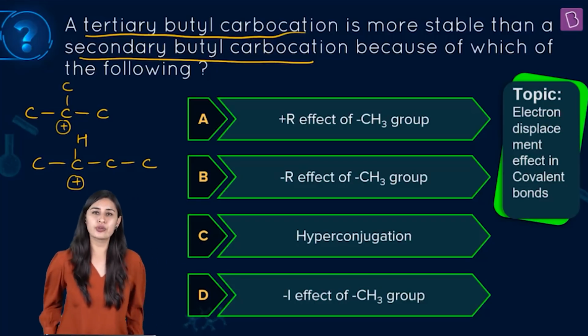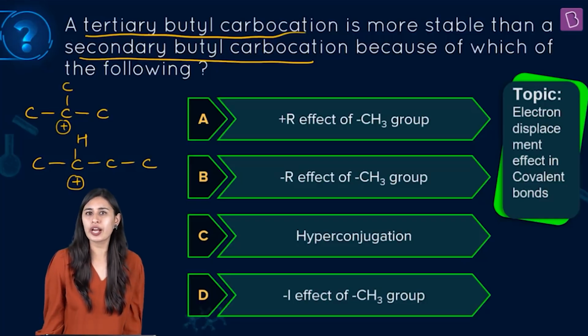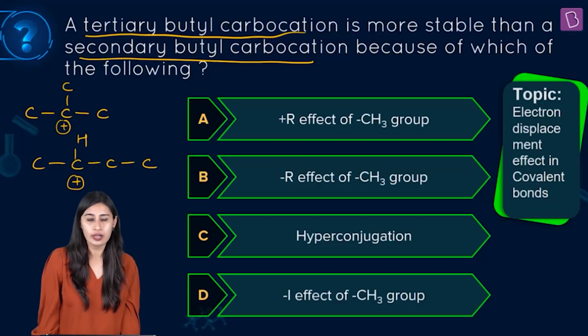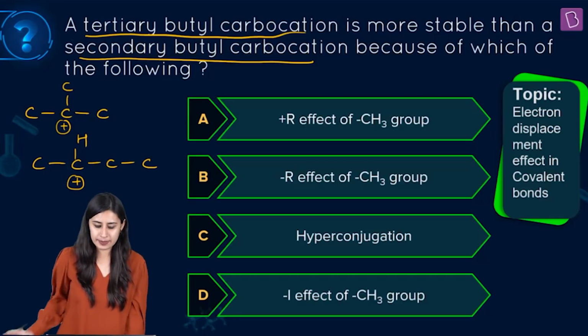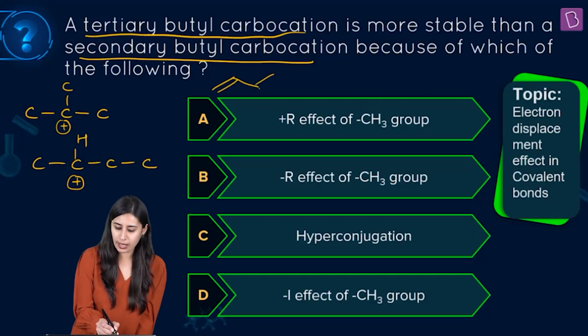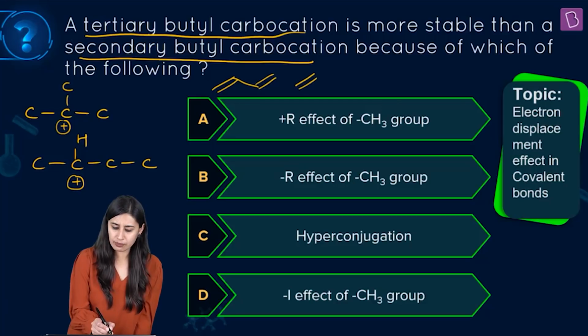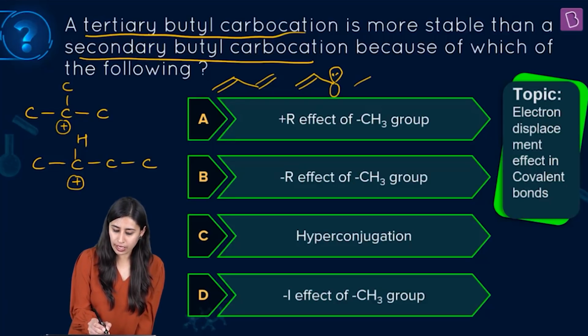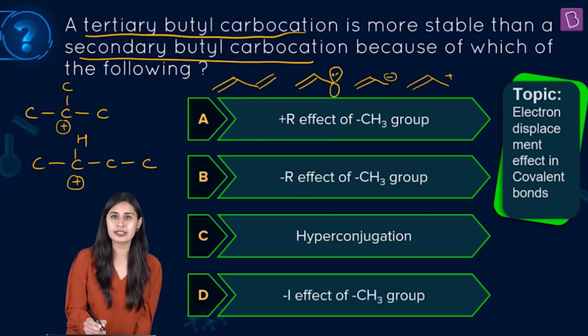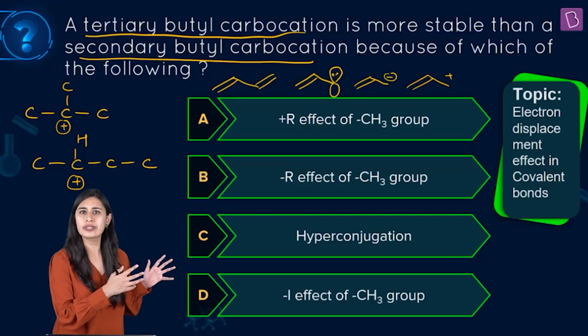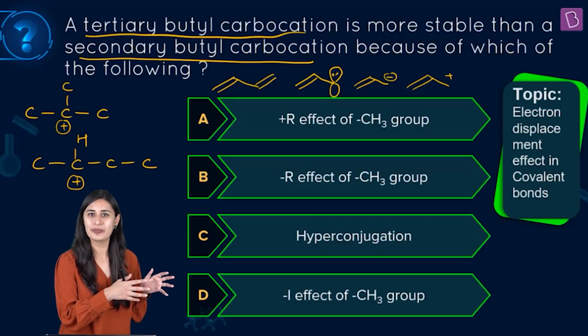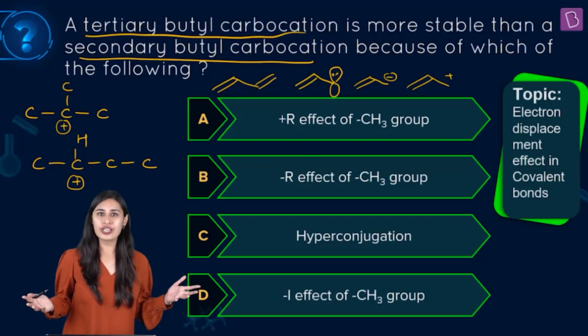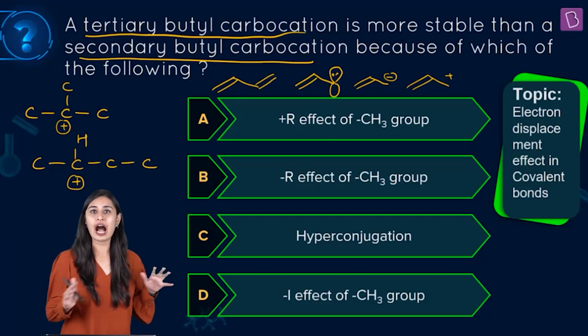And the moment you see it, you know that there is no kind of conjugation involved. Conjugation can be of many types, can be double bond in conjugation with a double bond. You can have a double bond in conjugation with a lone pair. You can have a double bond in conjugation with a negative charge. You can have a double bond in conjugation with a plus, and so forth. But there is no such conjugation present here. So if no conjugation, then no resonance. So A and B are out of the scene.